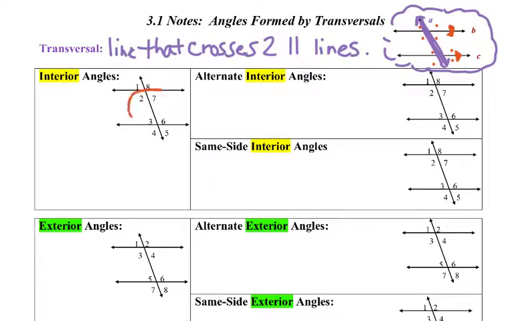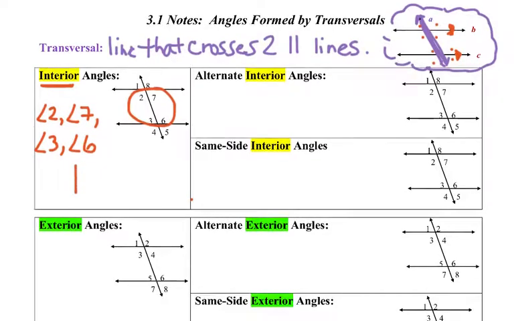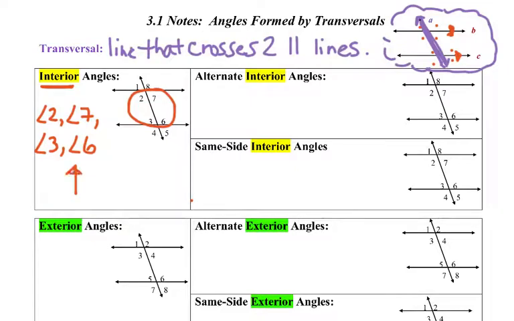So interior, what does the word interior mean? Right, interior means inside. So the interior or inside angles would be angle 2, angle 7, angle 3, and angle 6. Doesn't matter what order you put them in, but it's important that you have the angle symbol there in front of each one. Those are called the interior angles, and we split up interior angles into two subtypes: